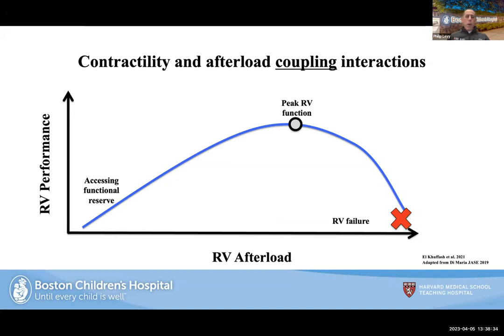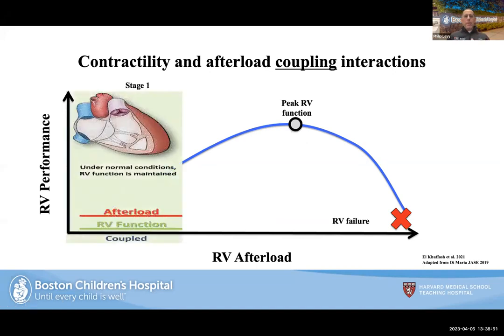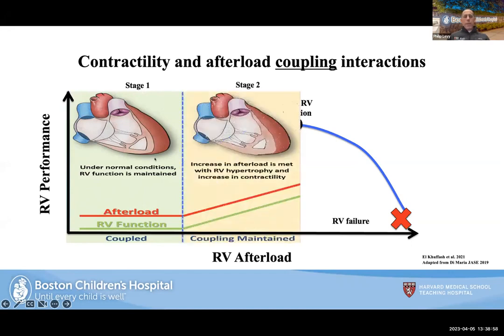How does the right heart or the left heart respond to increases in afterload? So afterload on the x-axis, performance on the y-axis. As you access your reserve, you get a peak function, and eventually you fail. And when you tie it back into the phenotypes and the etiologies, you can see under normal loading conditions, RV function is maintained. But as afterload goes up, the RV is met with hypertrophy initially, so dilating those free walls